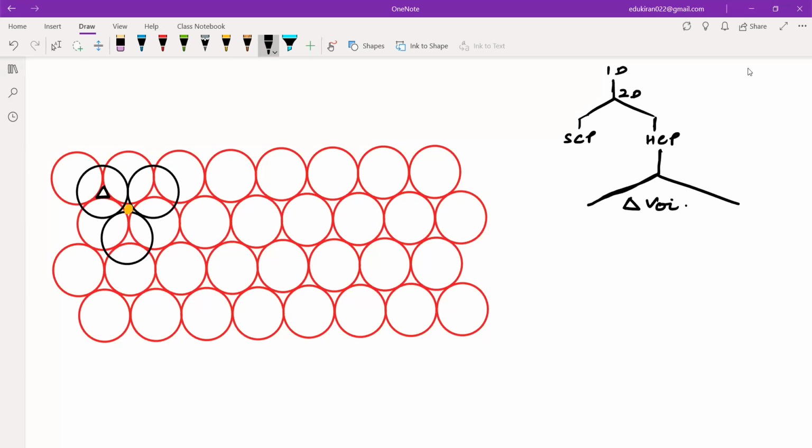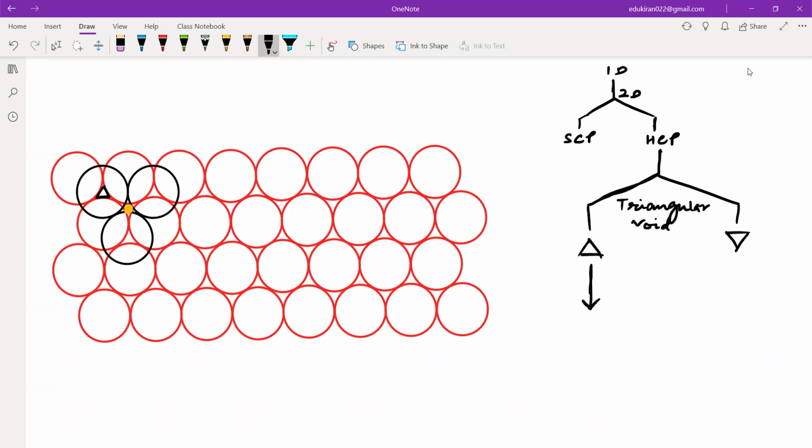Let me name it properly. Don't write anything. Triangular void. Now there are two types of triangular void in HCP. There are triangular voids which are upward facing like this, and there are triangular voids which are downward facing like this. Now, when I start to put atoms on the upward facing triangular void,